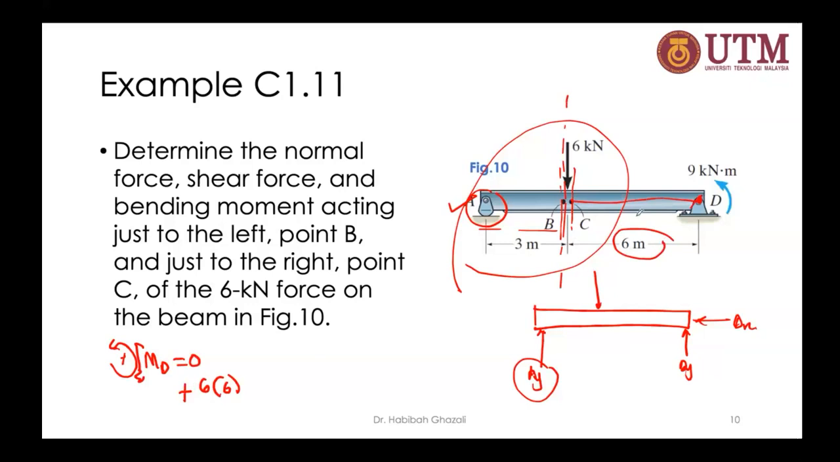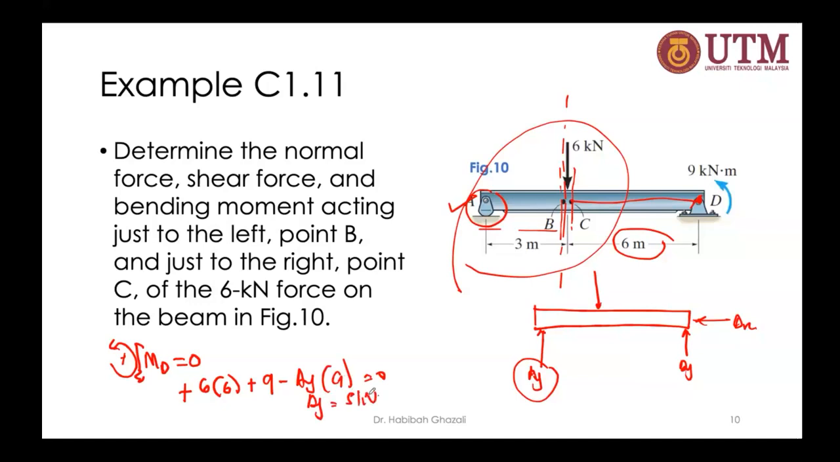And then I have the 9 kilonewton meter concentrated moment, and that's going to be positive as well because it's going anti-clockwise. So that's 9. And I have this reaction force, which is going to want to rotate clockwise, so that's going to be negative. So AY times 9 equals 0, and you will get your AY equals 5